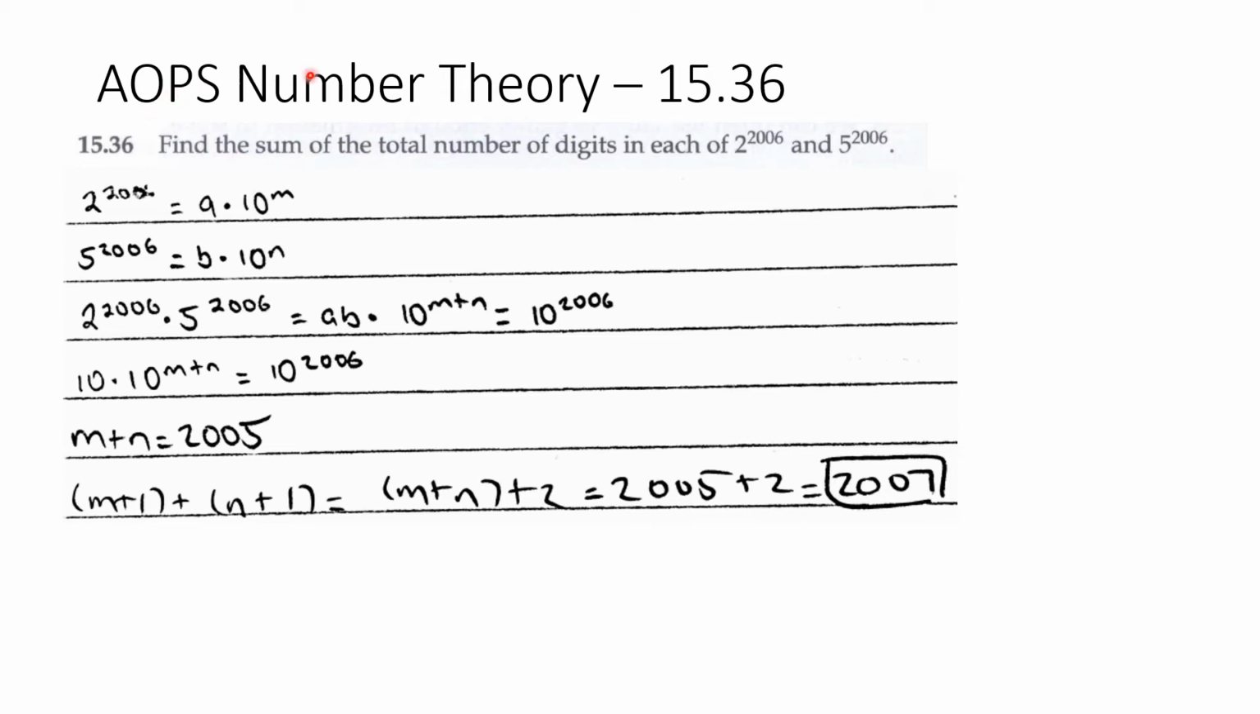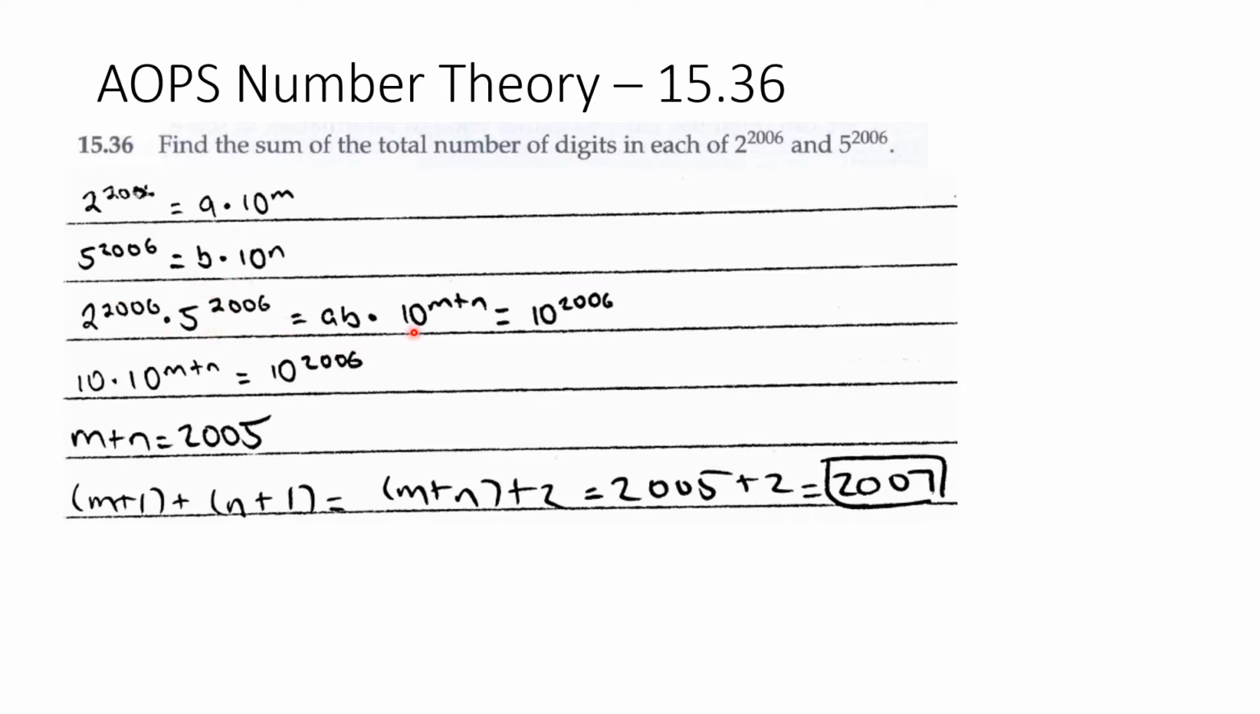AOPS number 3015.36. Find the sum of the total number of digits in each of 2 to the power of 2006 and 5 to the power of 2006. So if 2 to the power of 2006 is equal to a times 10 to the power of n, and 5 to the power of 2006 is equal to b times 10 to the power of m, that means 2 to the power of 2006 times 5 to the power of 2006 is equal